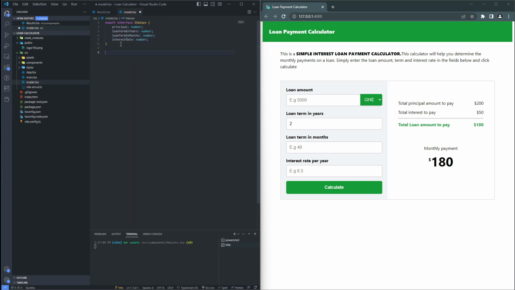The next interface is going to be the state. So the state is actually the values that are going to come from here. So these ones are the values I use from here to calculate these values, but the values that are going to be stored in this state is what I'm going to be creating the interface for. So export interface state,